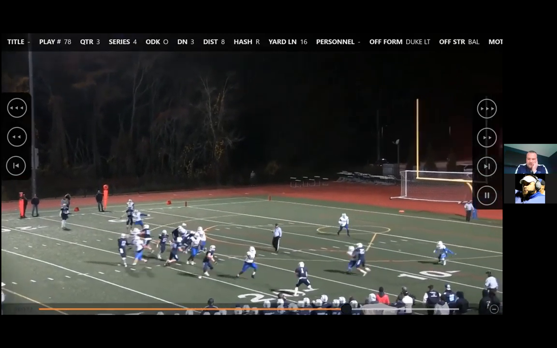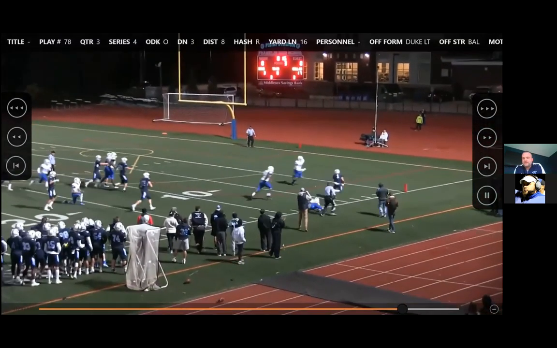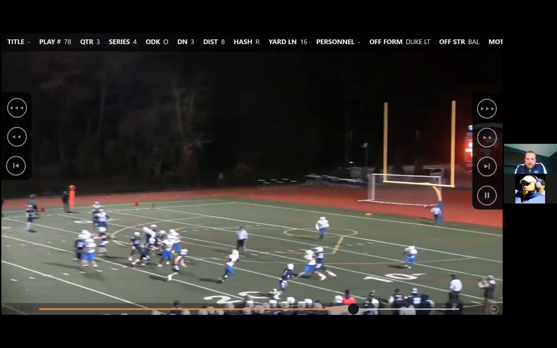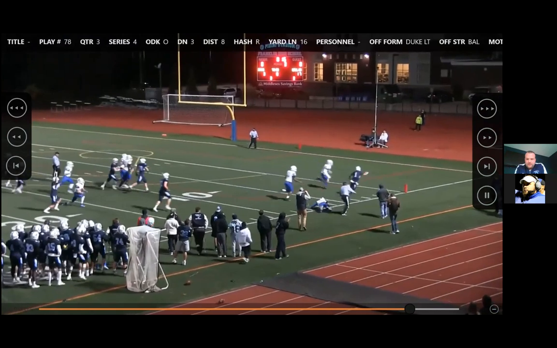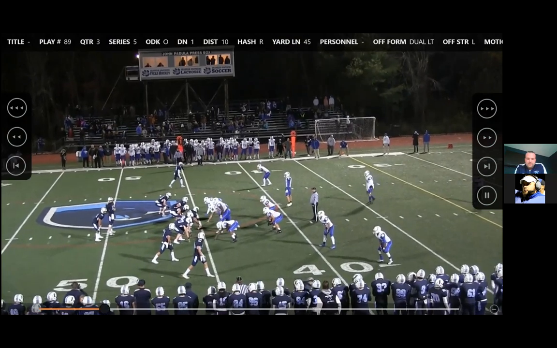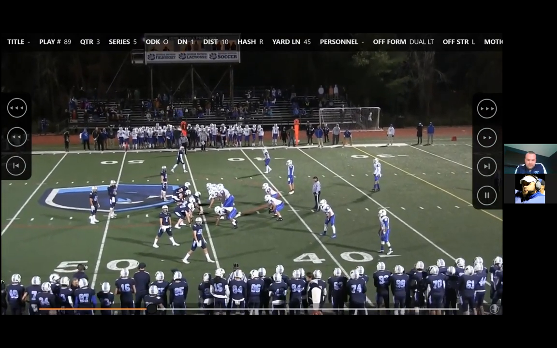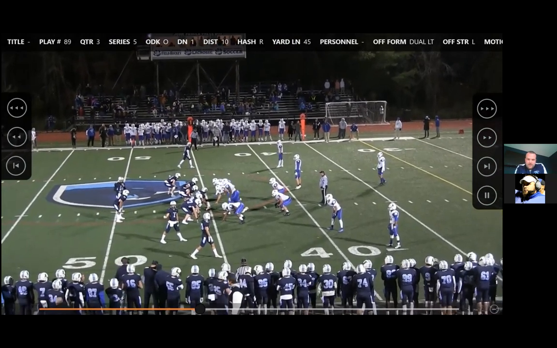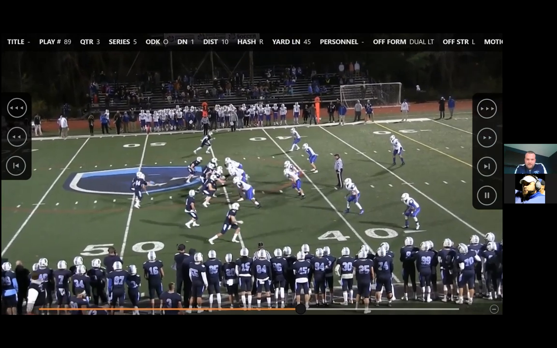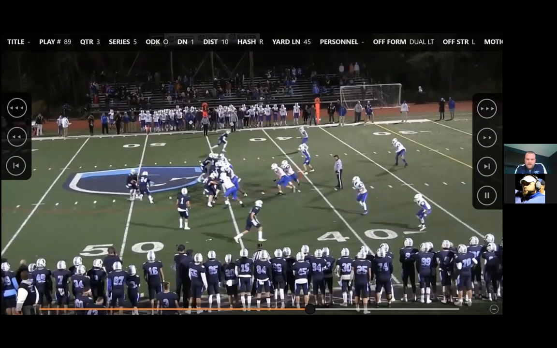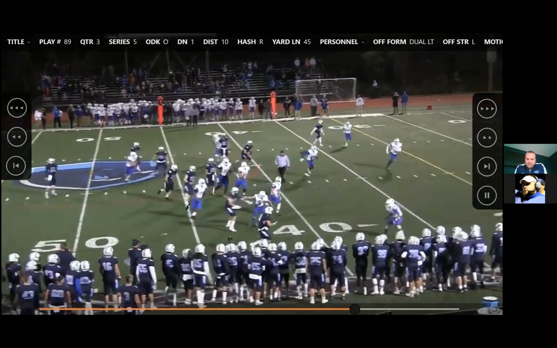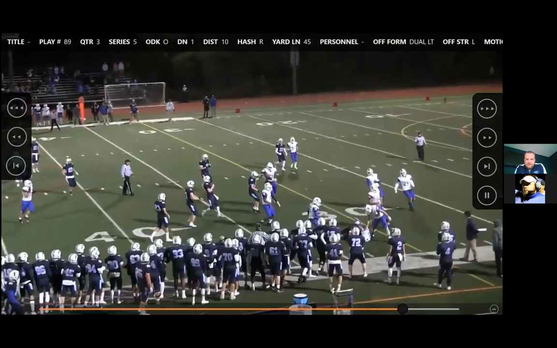The ball's out though. And again, this is going to be our strength. Number 1, he's going to play at Wesleyan in Connecticut next year. A really tough ball player. Those are the matchups that we like. So obviously if we get a box that's really barren, we're going to take it. But again, when you look in there and there's 57, he's a monster. So if you look down at the bottom, this is a much better place to live in. This is all predetermined. The quarterback's not reading anything. He sees it, he tells the tackle to stay home, and we just put the ball in the perimeter. There was a flag there, but they picked it up.